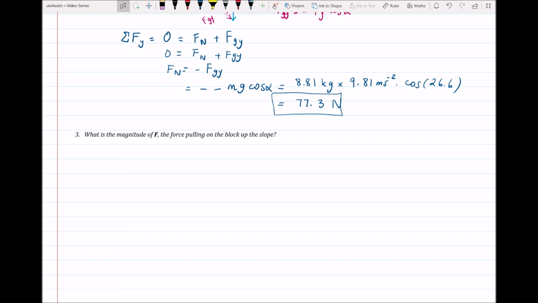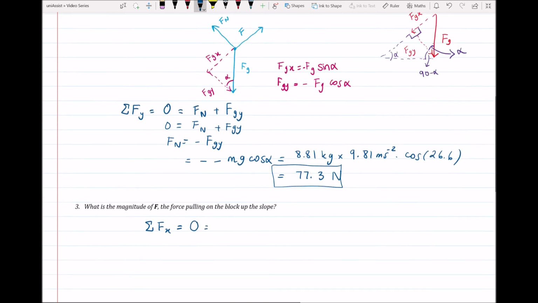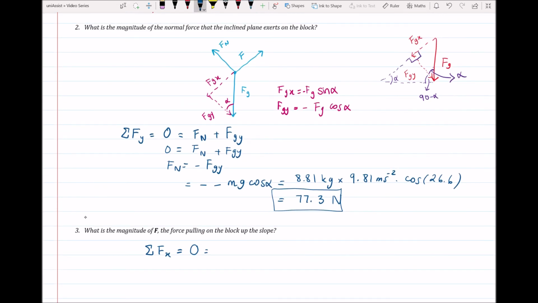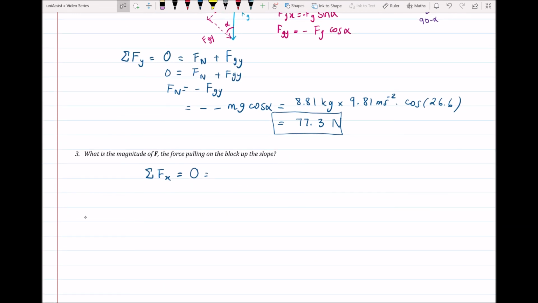So our total force in our x direction, just like I did for our y direction, is also equal to 0, which is the addition of every force that's acting in my x direction, which is my F plus my Fgx. So F is equal to negative Fgx, similar to above,